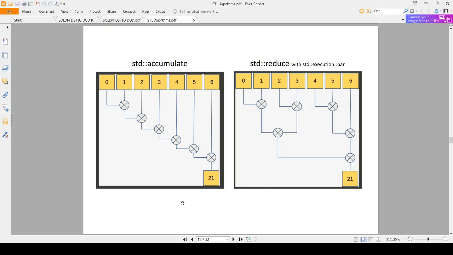It is performing a sum operation, let's say the default one, on first two elements, and then using that result and adding the next element into that result, and so on and so forth. So the first step is there, and the second step depends on the first step to be completed first. Third step depends on the second step to be completed first, and so on. So it will execute in sequence.